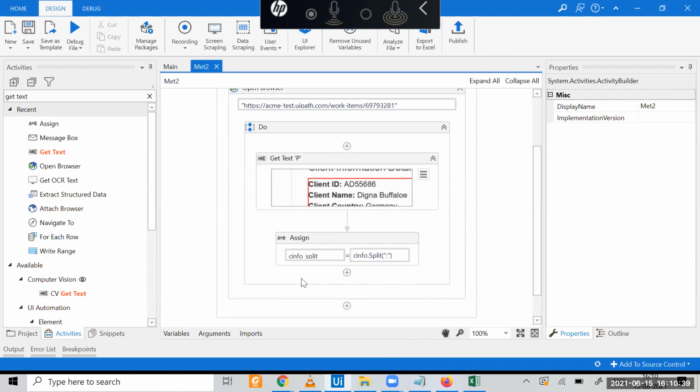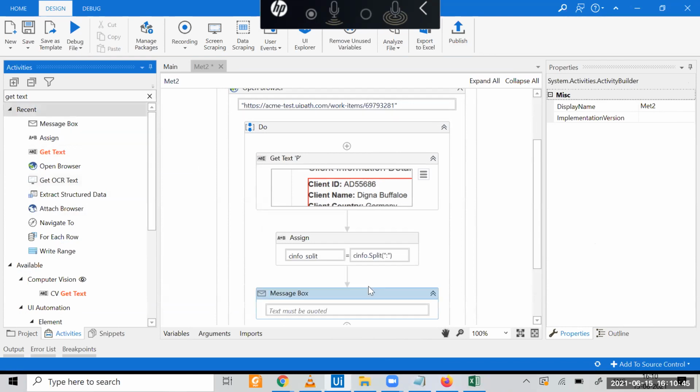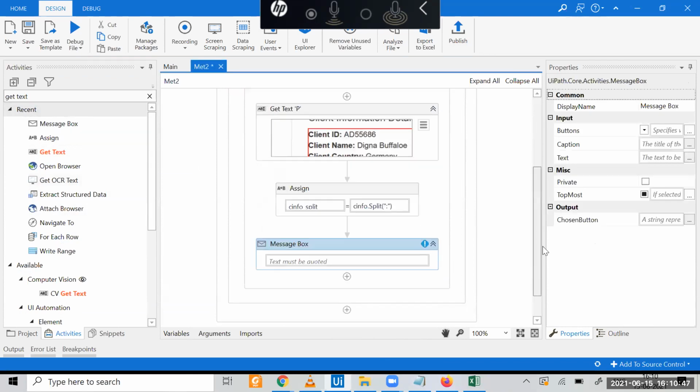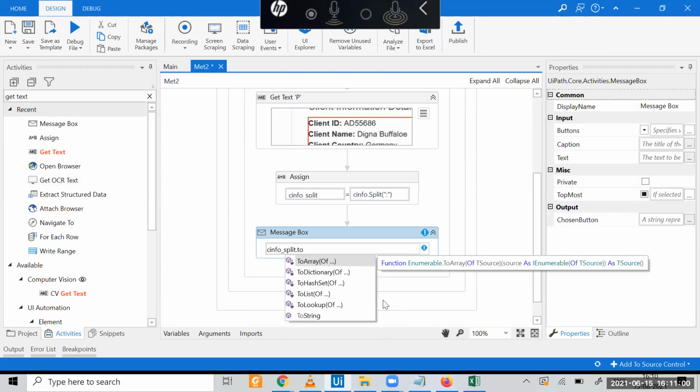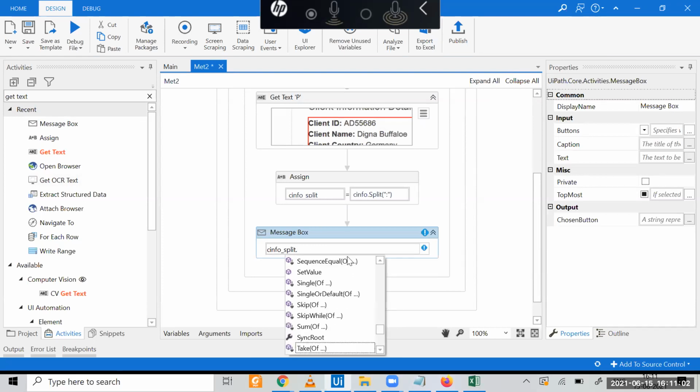Sorry, let's see. I'll need to put a message box, right? So this will be C info split. This split info is not going to show me all the values.